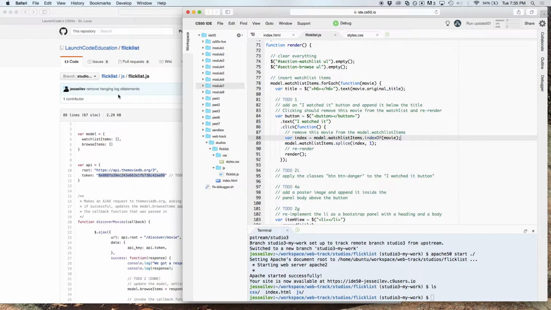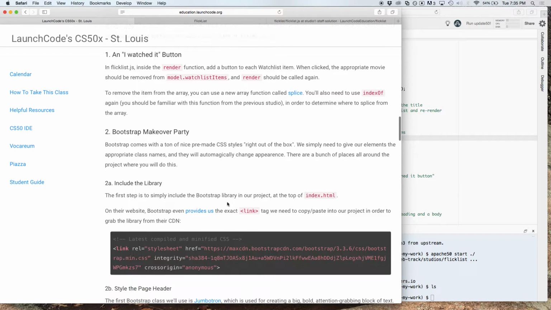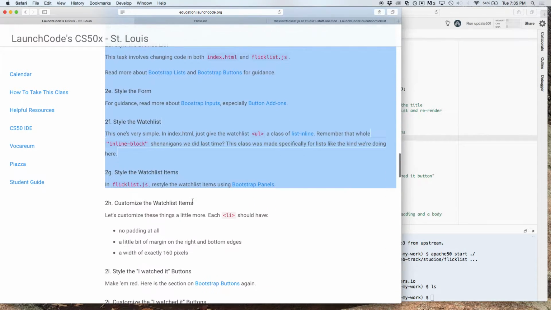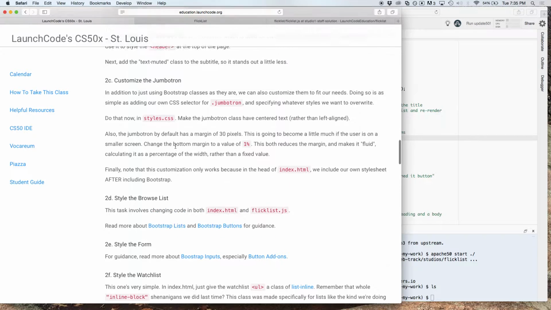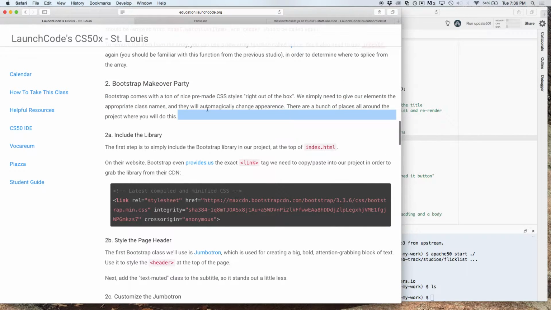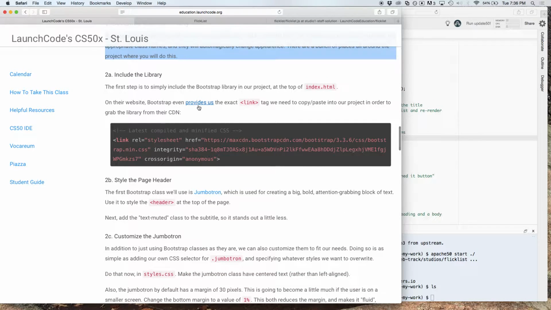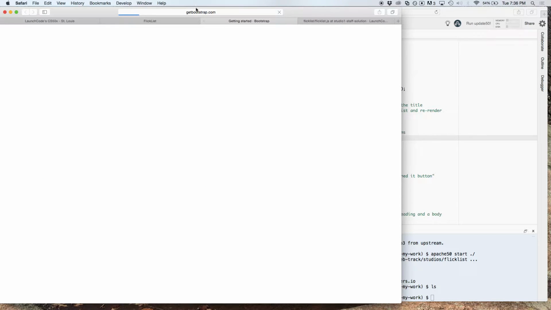Let's move on to step 2, which is sort of a monstrosity, but actually a lot of these, as you guys probably saw, are very short. So overall what we're doing is a little makeover using Bootstrap. We're going to apply a bunch of Bootstrap classes to our elements, and then they're going to look nice right away. So the first thing we have to do is just include the library,